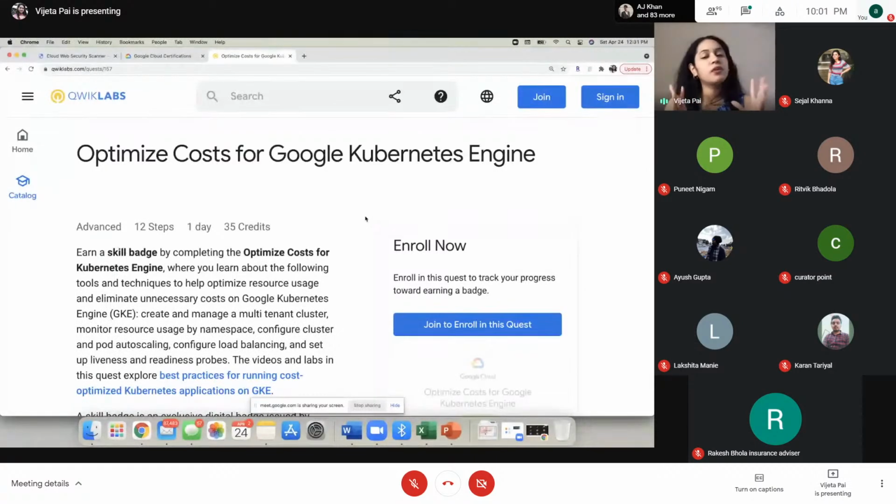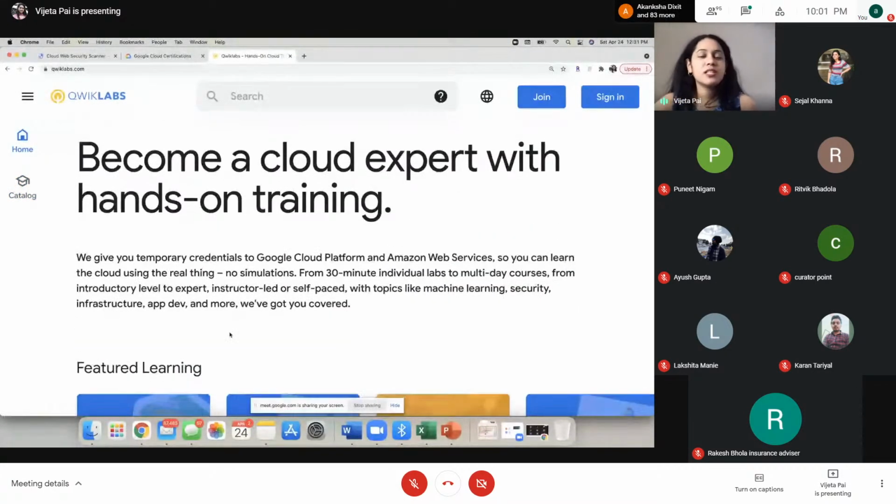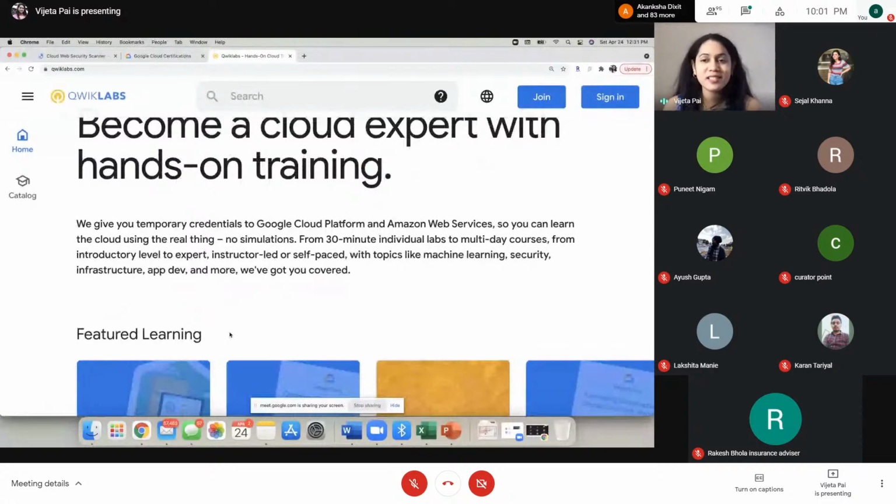And this is also going to give you really good hands-on experience, because you can go into the Google Cloud Console and do whatever you want out there. So this is something you can always explore if you want to play around with Google Cloud. You just need some credits for this, and you won't be billed very heavily as compared to Google Cloud Platform. If you go directly into Google Cloud Platform and run a virtual machine, you will be billed heavily for it. So definitely try this Google Quick Labs.